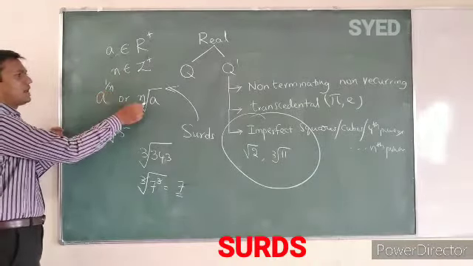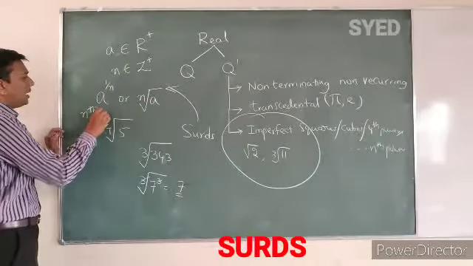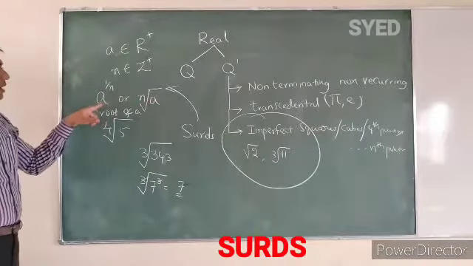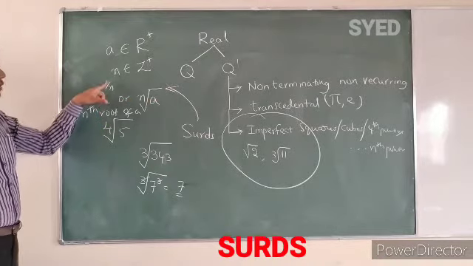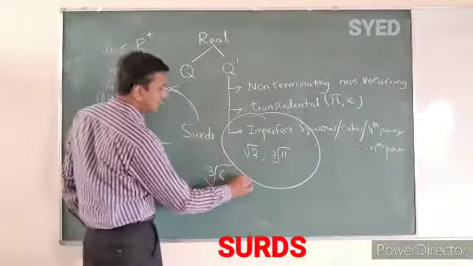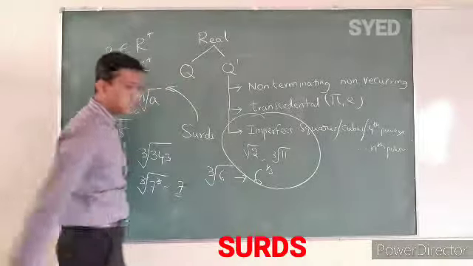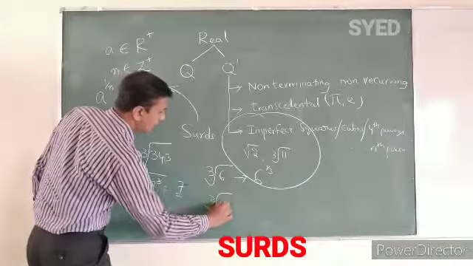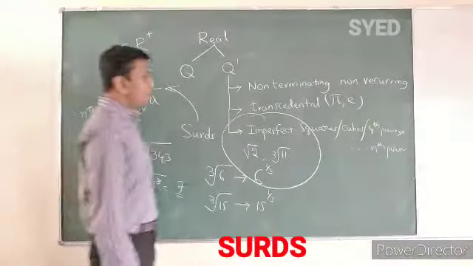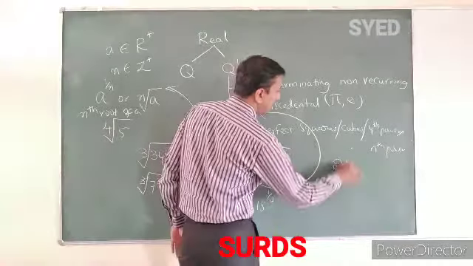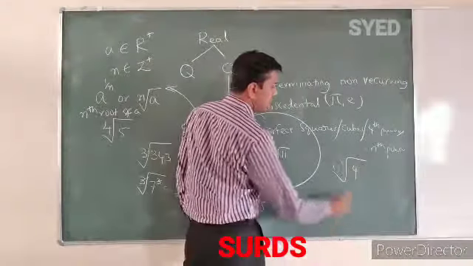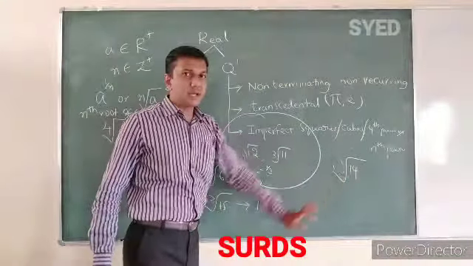We pronounce it as nth root of a, which can be written as a to the power of 1 by n. Similarly, cube root of 6 can be written as 6 to the power of 1 by 3, and cube root of 15 as 15 to the power of 1 by 3. One more important point: for square root, you will not write the 2 there. We pronounce square root 4 or square root 14, but we do not write that 2.